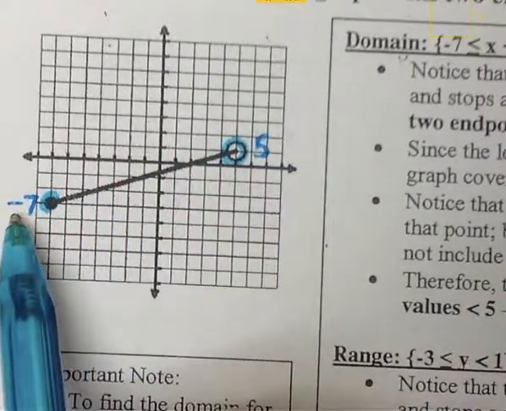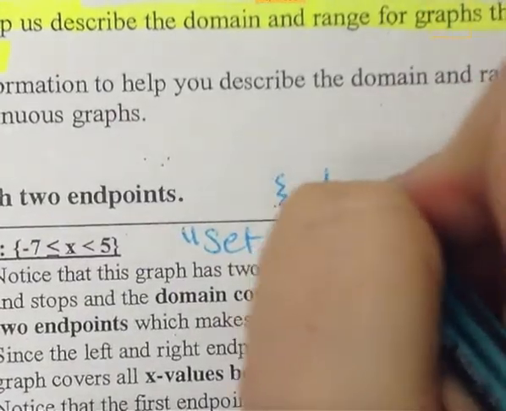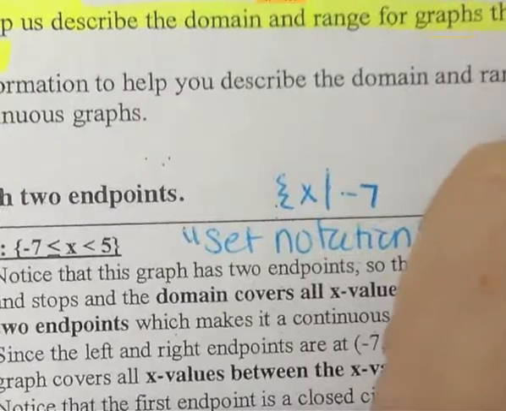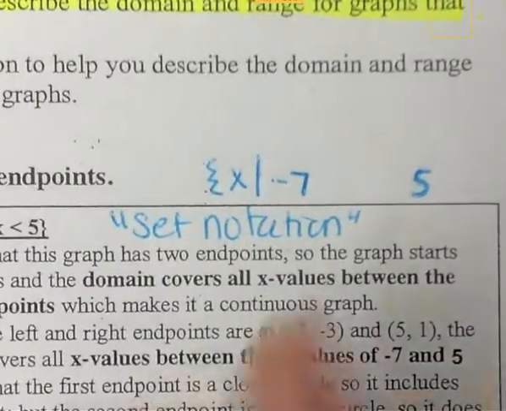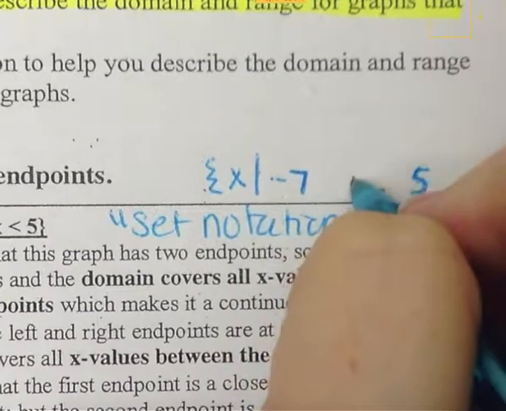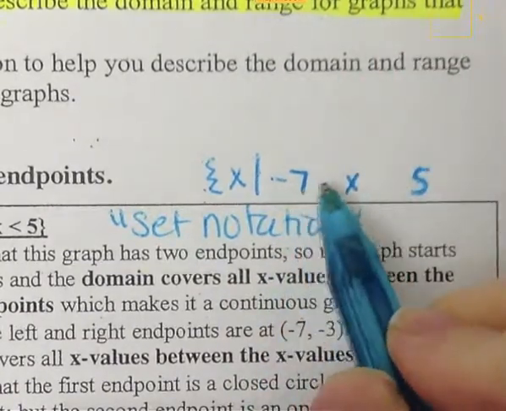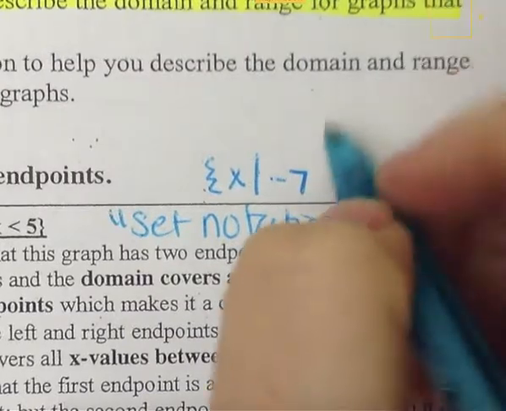My -7 is my smallest and my 5 is my largest. So I put my -7, then I put my 5 on the far right. I know that all my values are going to be between these two numbers, so I will put my x in the middle. I know that I want all the numbers that were bigger than that -7, so I'm going to have my